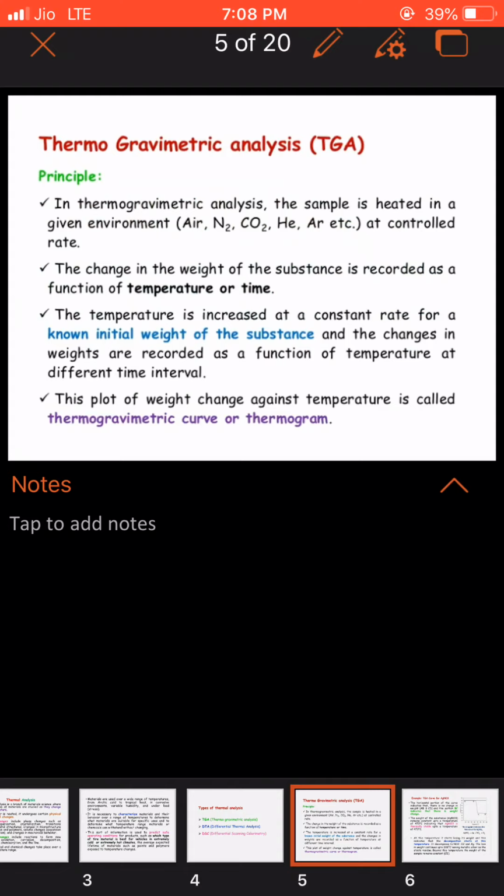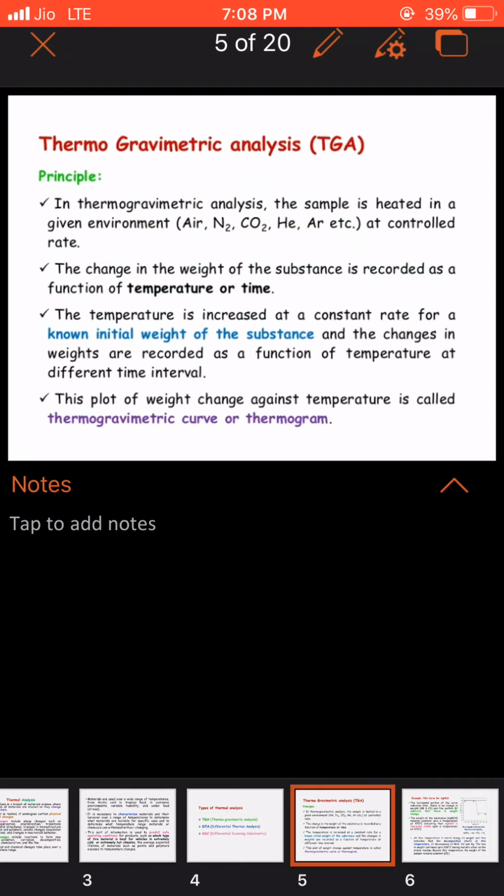Mostly, the environment in which these materials are studied thermally consists of gas cylinders that are connected to the sample holder, which supply mostly nitrogen, argon, helium, or such other inert gases. Or if you want to study the material in some other way, you can do it under air, CO2, or an oxidizing environment, right? So those kinds of environments also you can study by controlling what type of gas we are supplying to the material while studying it thermally.